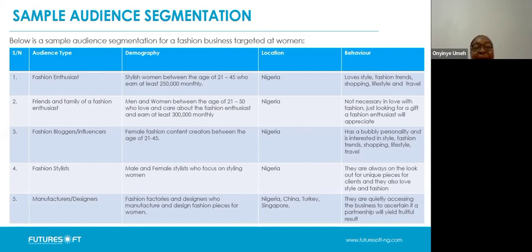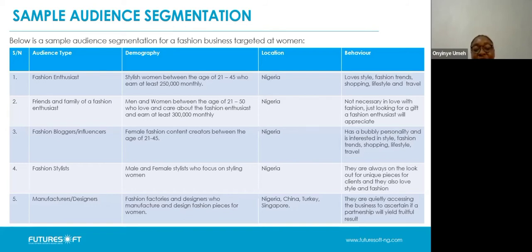But if it's an average fashion brand, then I think 250 monthly is okay, because this sort of person would be able to afford to buy a piece or two from your brand monthly. For family and friends, the number went up a bit as well, because it's not primarily something they need. They would need to have extra money to be able to afford that for somebody else. So that's the thought process that went into this segmentation process.